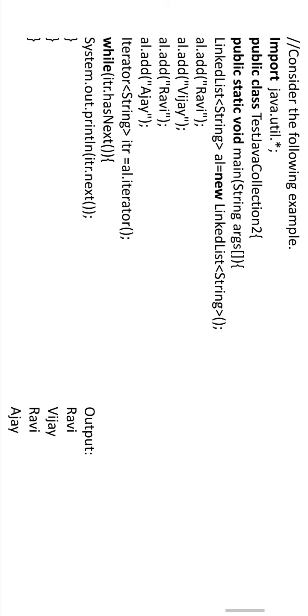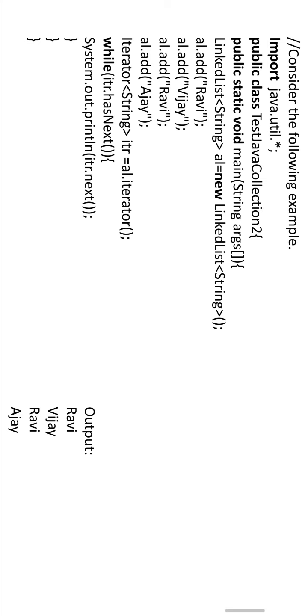Now we are creating the collection with the name al. This is of LinkedList type. That's why here we take the data type as the LinkedList class, and whatever elements we are going to store in this linked list are of type String. That's why within the angle brackets, the element type we specify as String. LinkedList of String data type elements, al is the name. To create the object, whatever syntax we need to follow, we are following. New LinkedList of String within the constructor.